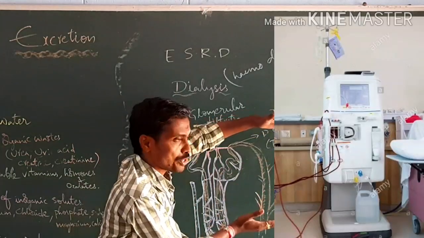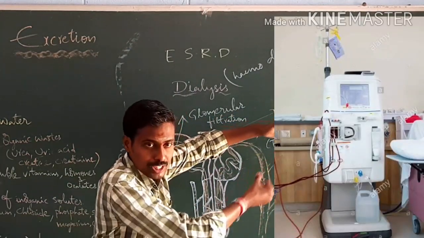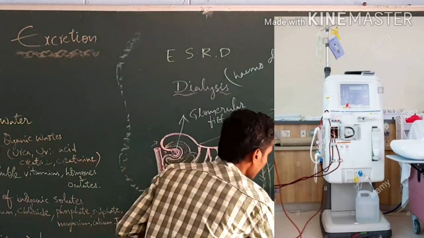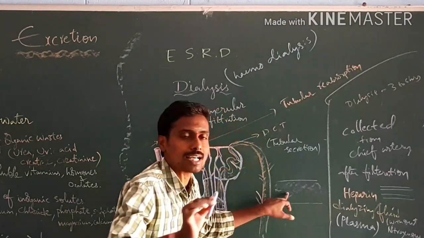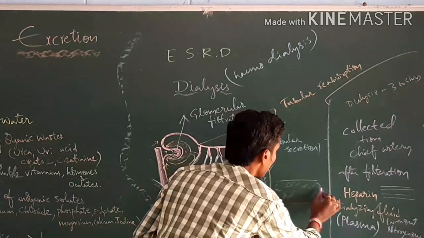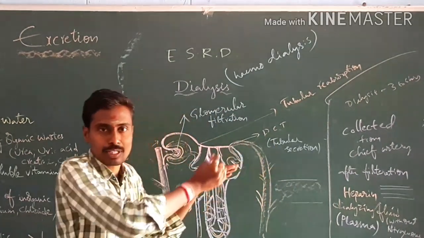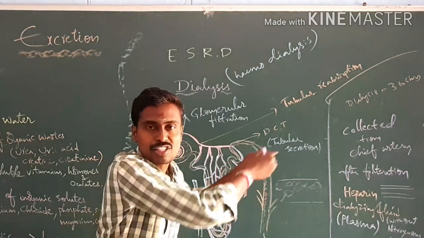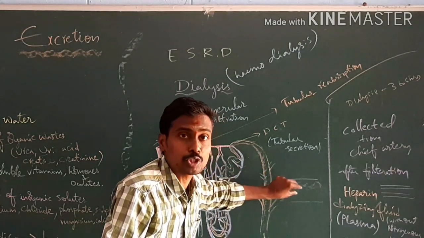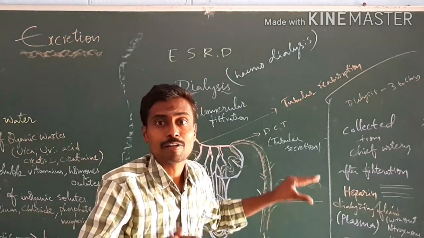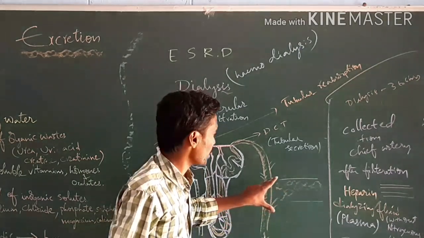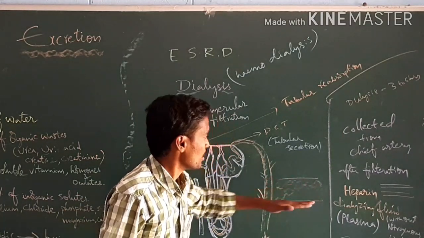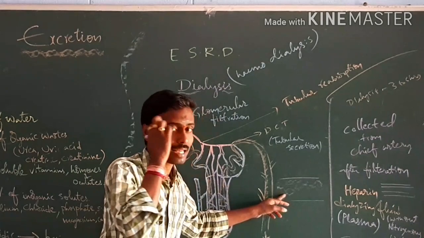Here, in the dialyzing machine, we observe fluid and some tubes. What do we observe? Here, some fluid is observed, which is called dialyzing fluid. In that we observe tubes. Actually, the blood we collected from the chief artery is flowing through the tubes which are embedded in the dialyzing fluid, isn't it? So what do we observe in the dialysis machine? Yes, tubes. Surrounding the tubes we observe dialyzing fluid.